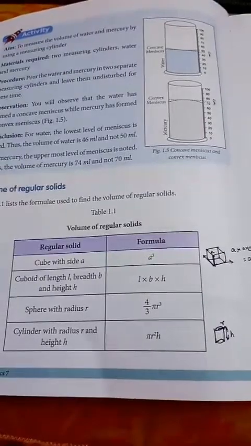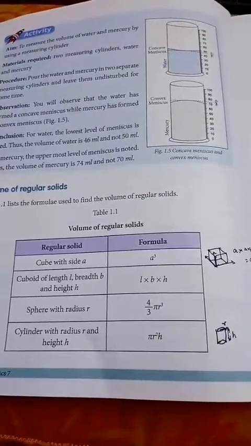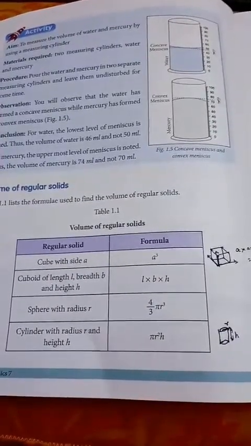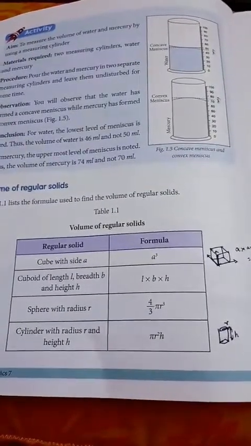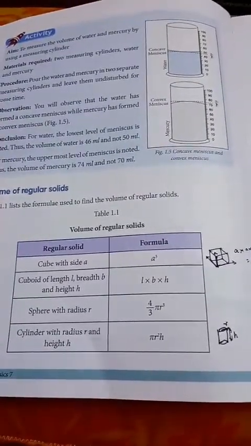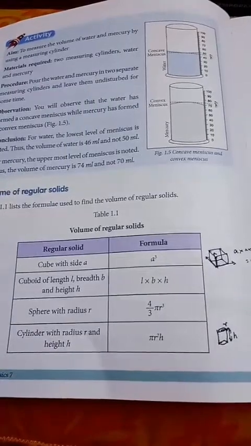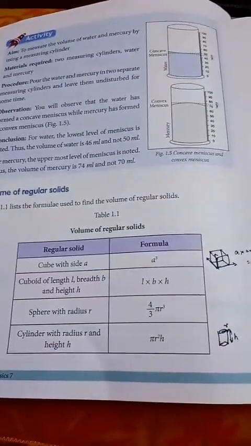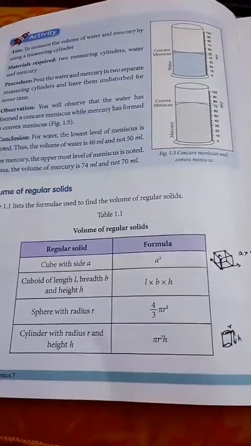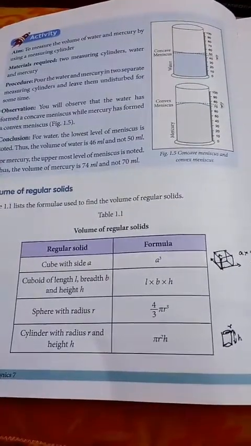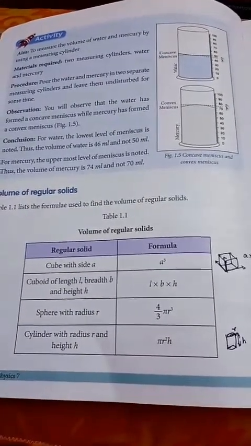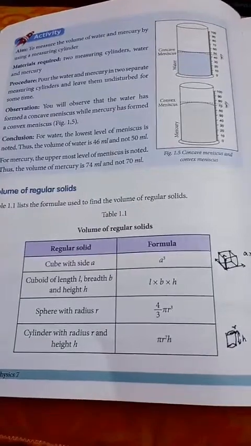Now if I'm going to vary my length, breadth and height, that is, I'm going to vary the centimeters or the meters in the x-axis, y-axis and z-axis, so they're not going to be of the same value. In that case you call it a cuboid. So instead of using a into a into a, here we will be using L into B into H. L stands for length, B stands for breadth, H stands for height.